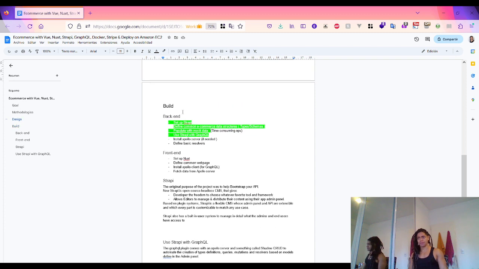So on the build, first I lay out this on the backend and the frontend. So for the backend, we already set up the Strapi. We define the type definitions for an e-commerce or the data structures. Then I populate that with mock data, which is very time consuming, and using Strapi with GraphQL, which luckily for us, comes with an already built-in plugin